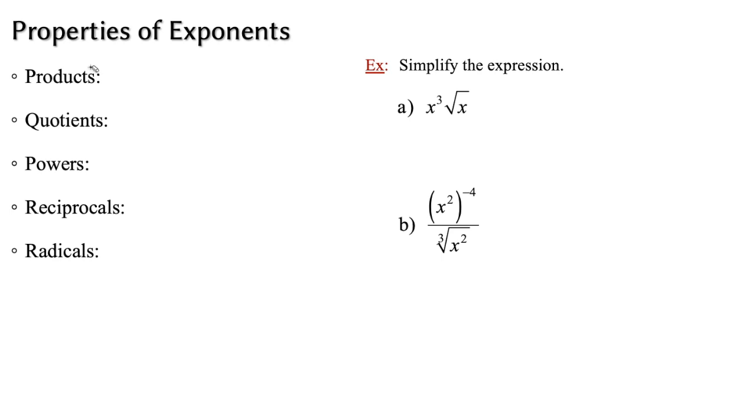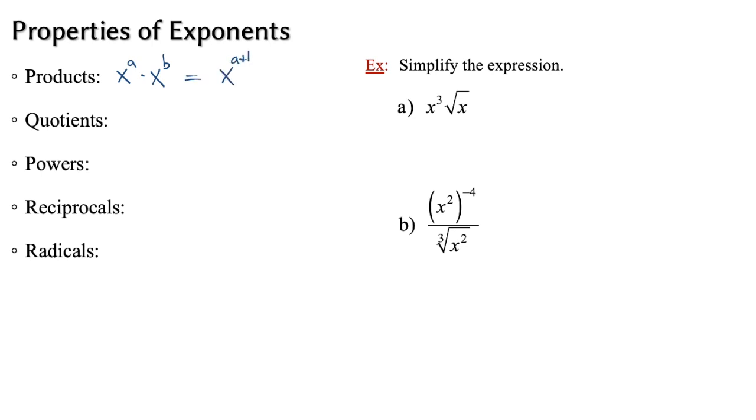So as far as products, what we're looking at here, of course, is the idea that you have like bases and you're multiplying them together. Okay, so for example, you have x raised to a power, and you're multiplying it times, again, the same base raised to a power. Okay, so it's important to understand with all of these, the bases are the same. It's the exponents we're working with. So when the bases are the same and you're multiplying those two like bases together, you add their exponents. So if you take x to the a times x to the b, that simplifies to be x to the